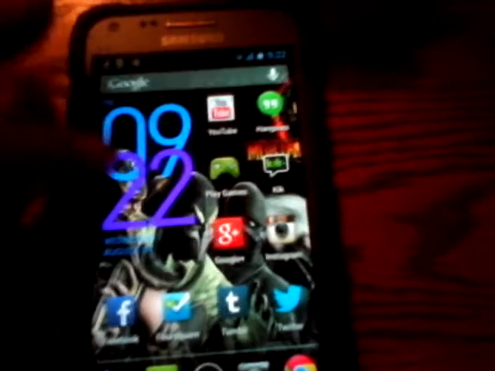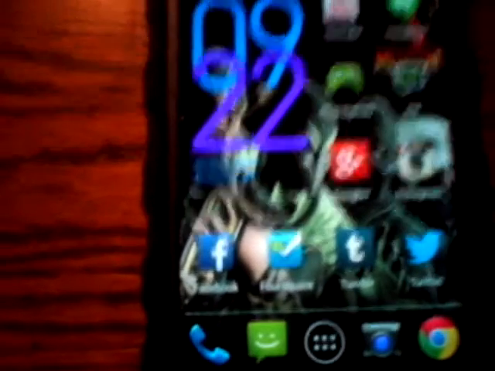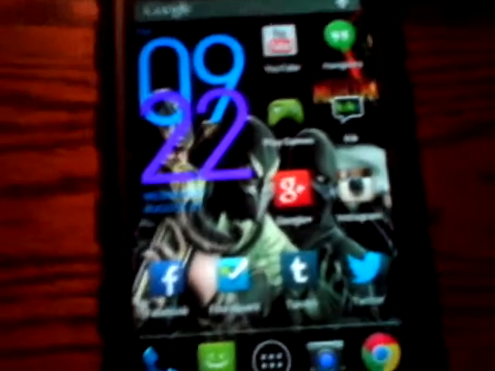So if you guys want to find a lot of these ROMs that I've been showing, also get Goo Manager, or you can Google search it and go to goo.im, and you will be able to find all these ROMs and cool other stuff. So that's actually a good thing. Anyways, guys,